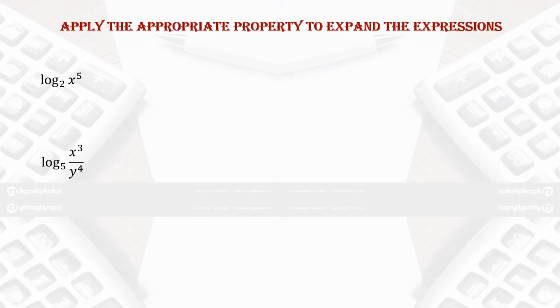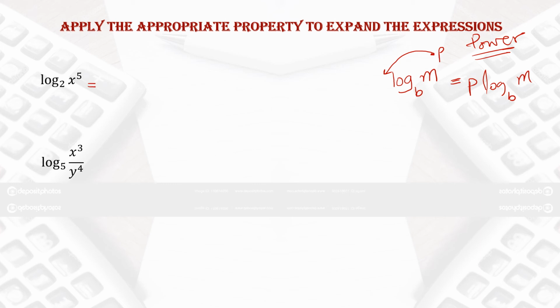Now here I have to tell you one more thing about the power property. So the power property is, if I have log base b of m to the power p, for example, so p is in the power, so in order to write it in a proper way, bring the power before the log. So you will write here p log base b of m. So this property is termed as the power property of logarithm. Now let's see how to do this one.